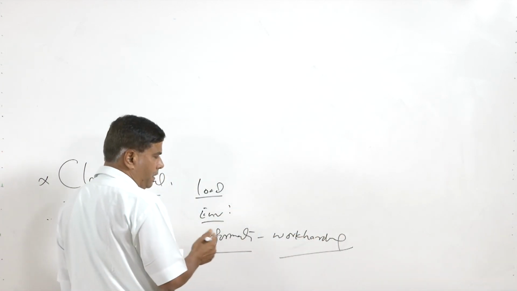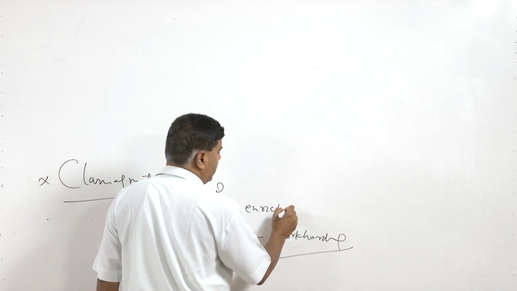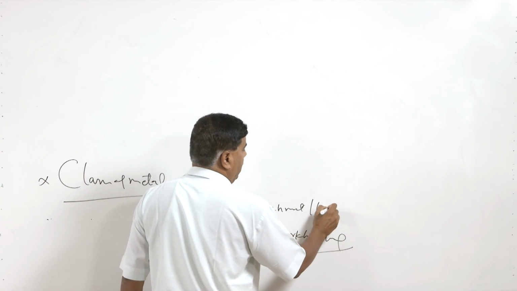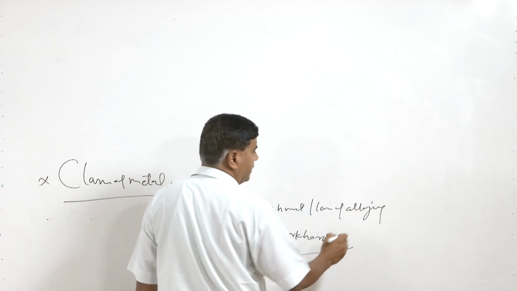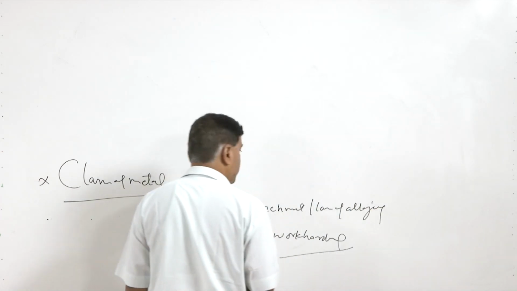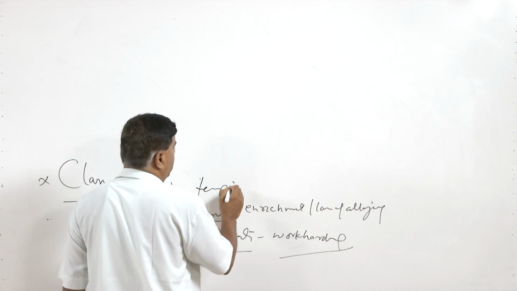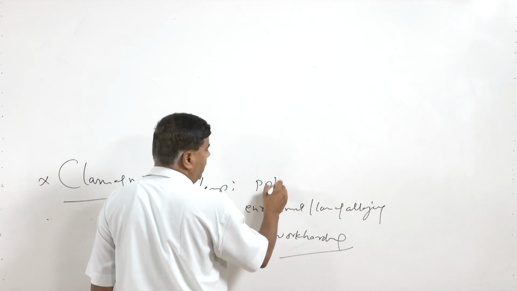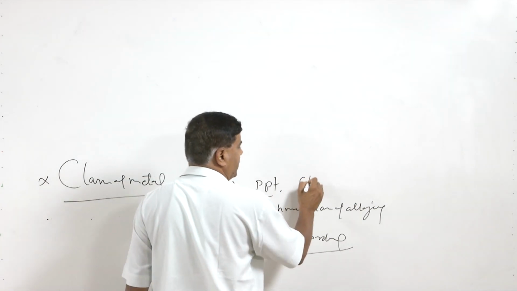Environment may be there, like enrichment or the loss of alloying elements can take place. Sometimes due to the high temperature, the precipitation of the undesirable constituents in form of say like the